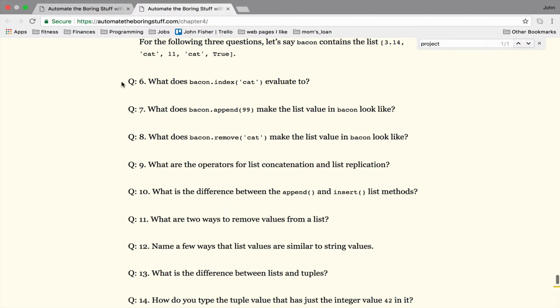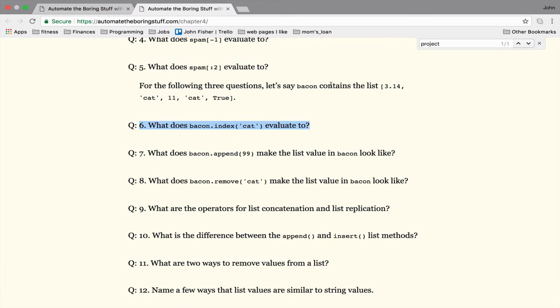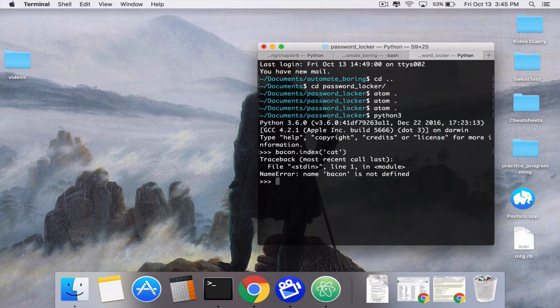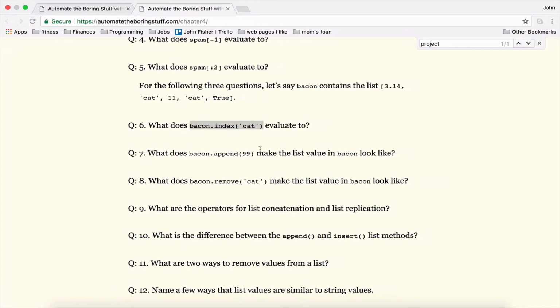Let's just do some really quick. What does bacon.index('cat') evaluate to? Crap. I actually don't know. Probably returns a zero, maybe? No, it's an error. Why is it an error? Because bacon is not defined at all. So in order to do that, you probably have to make a list with an index of cat. And then let's go ahead and try that out now. There we go, zero. Cool. So yeah,